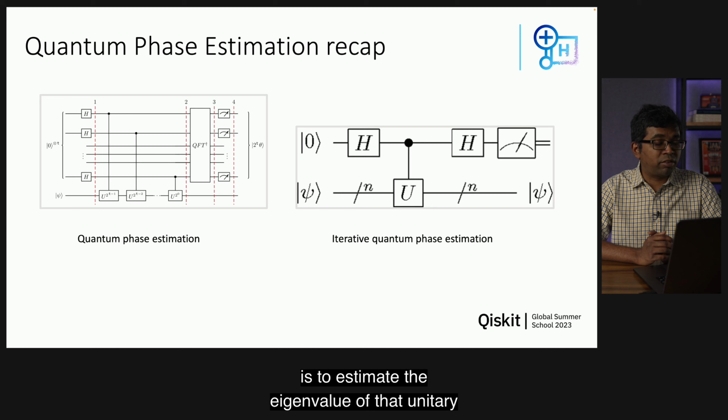So I'm going to start with a recap of what you have already learned from this school. I'm sure in some of the previous sessions you have learned about the quantum phase estimation algorithm and its variants. That's exactly the circuit you are looking at right now. On the left hand side, this is the circuit for the original quantum phase estimation algorithm. As you can see, time flows from left to right, so you start with some initial state which is ket